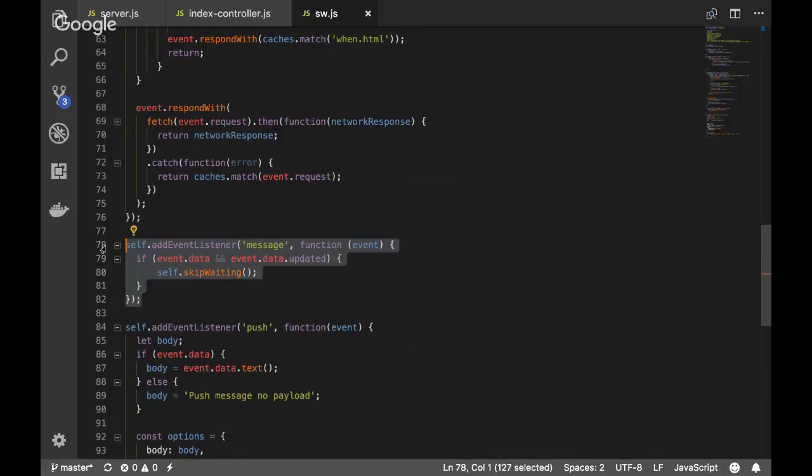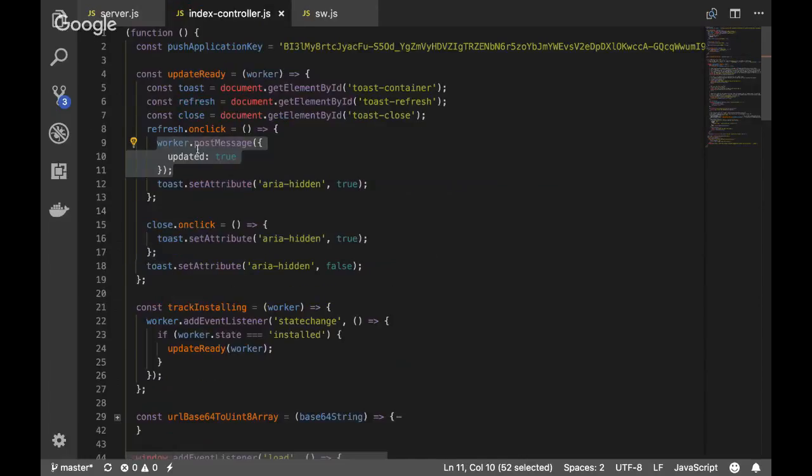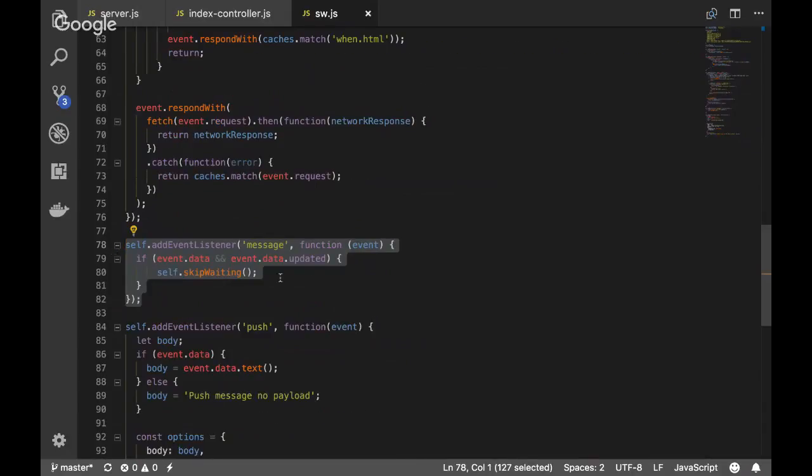And then this is the message that I sent with toast earlier. So this toast actually does a worker post message with the updated flag. What I'm doing here is the new version will actually ask itself to skip waiting, so you take over as the controlling service worker.